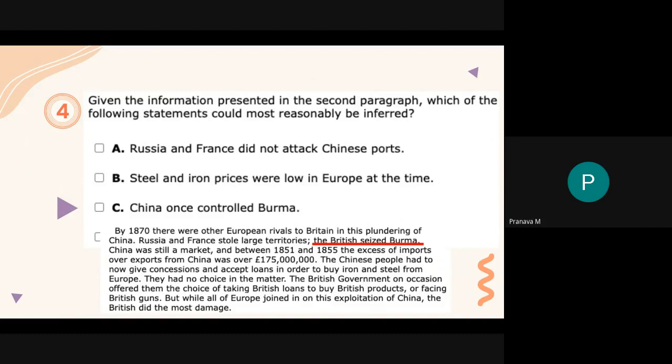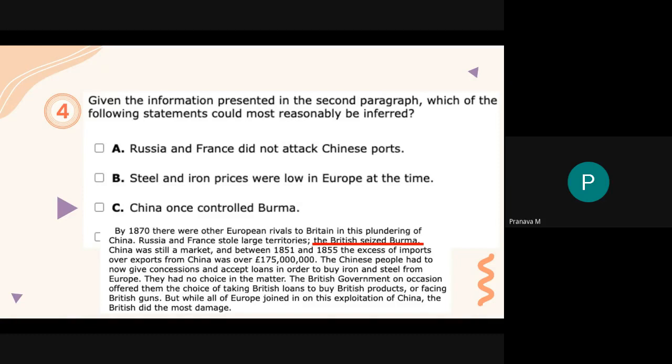And for steel and iron prices, it says that the Chinese people had to buy them because they were essentially forced to, but it doesn't talk about whether prices were high or low. In fact, if they were forced to buy it, you might lean towards the prices being high so that it benefits the European powers. So for C, it's talking about China once controlling Burma,